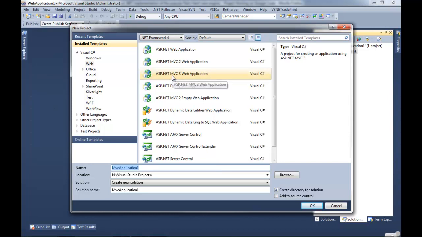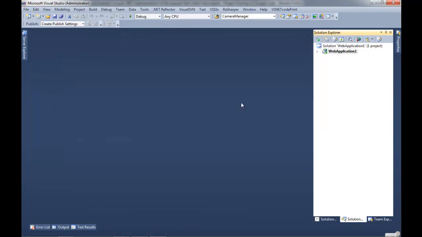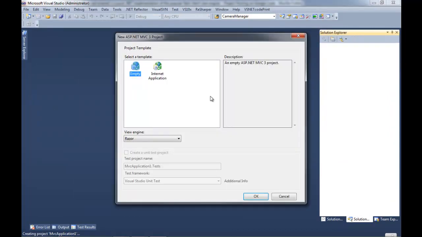But so we're going to hit an ASP.NET MVC 3 web application and launch it, and we'll get a little dialogue. And we can start with an empty or internet application. I'm going to start with empty. You sure? Because you started with a full application with the other one. Okay. I'll start it with this, and then I'll create another one with empty once we go over it a little bit. And now we have 2 view engines, the ASPX and the Razor. And I'm actually going to do ASPX in this case because I don't want to freak everyone out too much. But the next application we create will be an empty one with Razor. Okay. And we can also create a unit test project, which is nice.